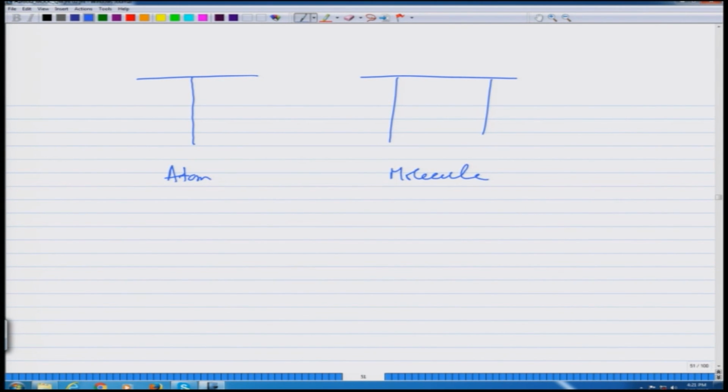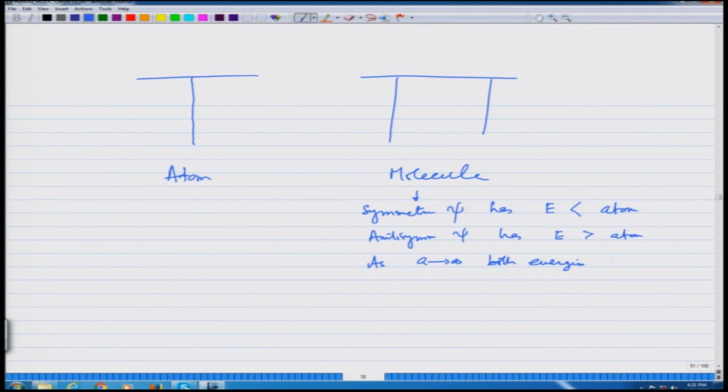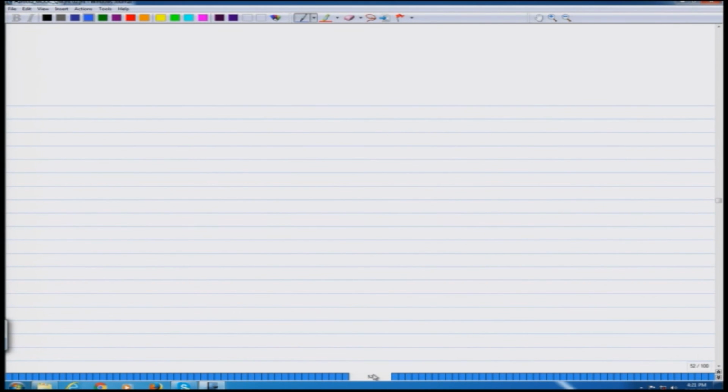And in this case, you would find that symmetric psi has energy lower than the atom, so that is why molecules get formed, and antisymmetric psi has energy greater than the atom, and as a tends to infinity, both energies become equal to that of the atom. So, let me conclude